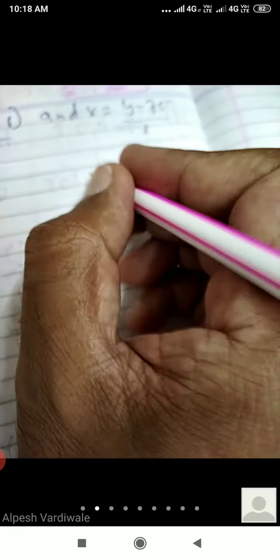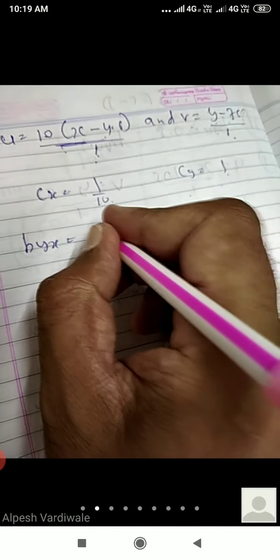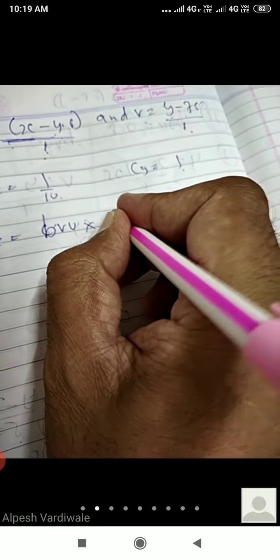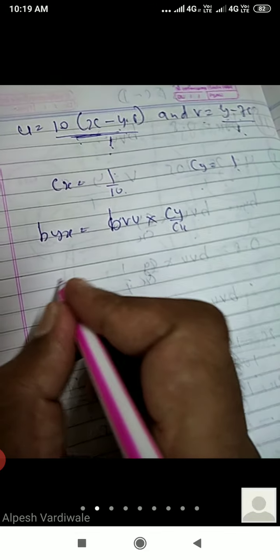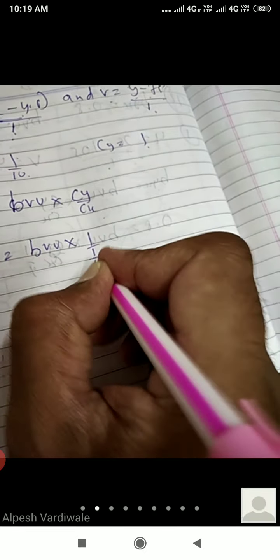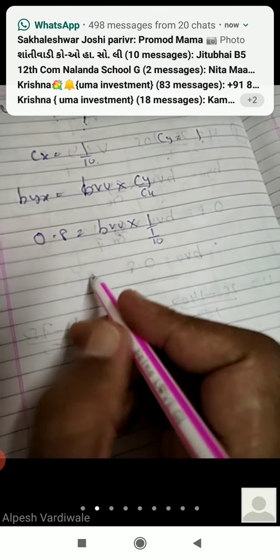In this case, cy equals to 1. So there is no value, we multiply and divide also. So cy equals to 1. Now your formula byx is equal to bvu multiplied by cy upon cx. So byx is given that is 0.8 equals to bvu, cy upon cx that is 1 upon 1 by 10. Okay, 1 upon 1 by 10. So here value is,